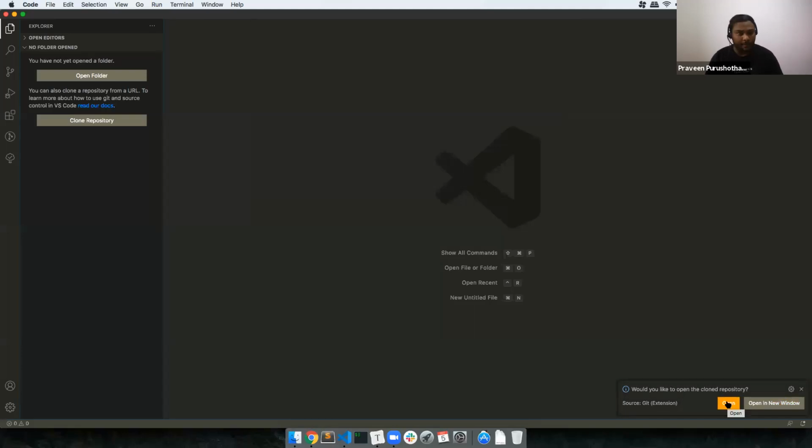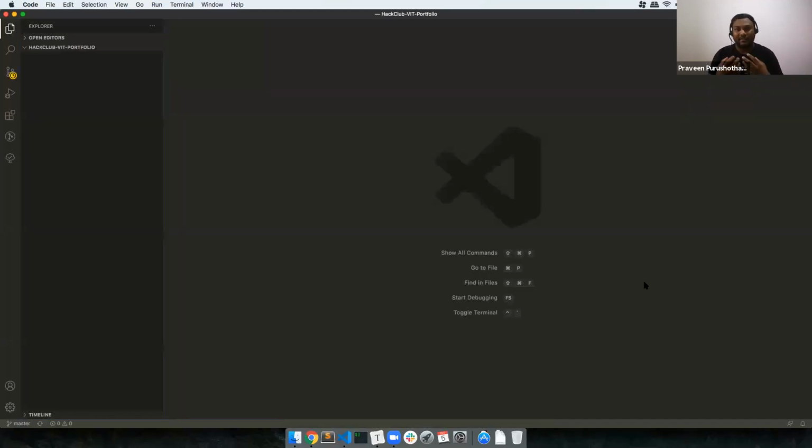I'm just going to put open because this is a new window I'm using. So I'm just putting open and it refreshes the page and shows it here. Okay, so at this point of time, it is an empty repository. Now, the first thing which I'm going to do is,